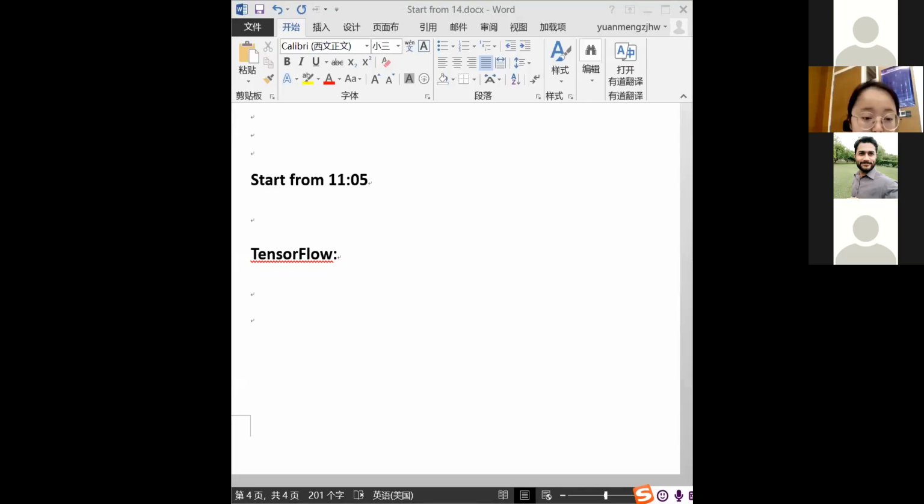Python grammars like the regular expression module and file manipulation, and also how to define a function, how to write a file, how to open a file, and how to rename a file. These are just some basic operations of Python. And yesterday we